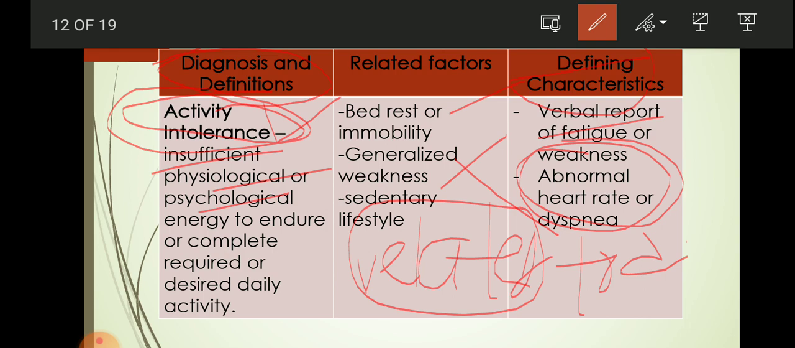Kasi the normal respiratory rate for adult is 16 to 20 cycles per minute. So, for example, may activity intolerance, sa imong assessment kasi, naglisod siya ginhawa, iyang respiratory rate is 25 or 23 cycles per minute. So, it's abnormal, it's beyond range. Okay? So, activity intolerance, related to generalized weakness, is manifested by dyspnea. So, ibutang nimo dito, RR 23 CPM. So, it's like